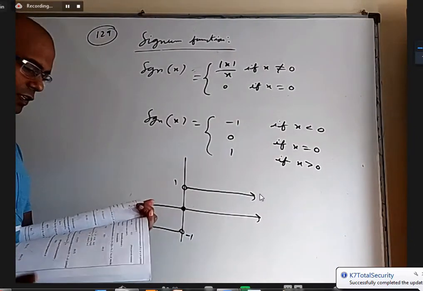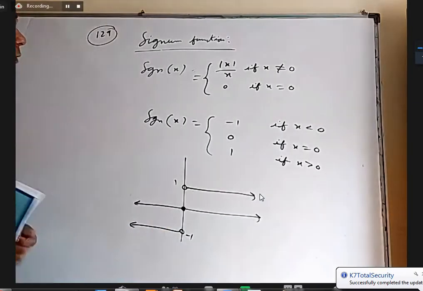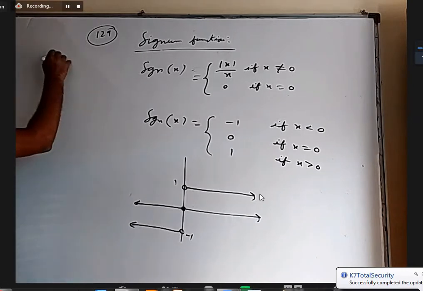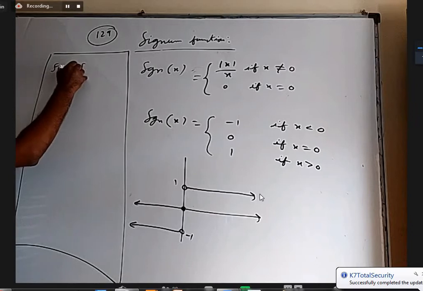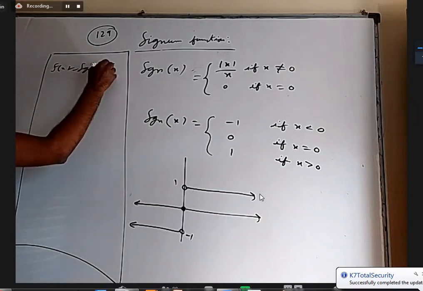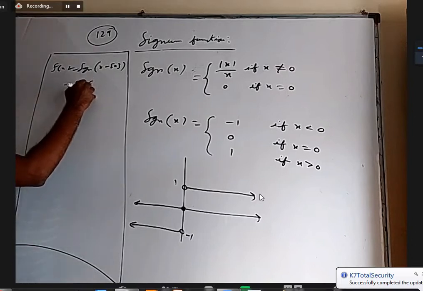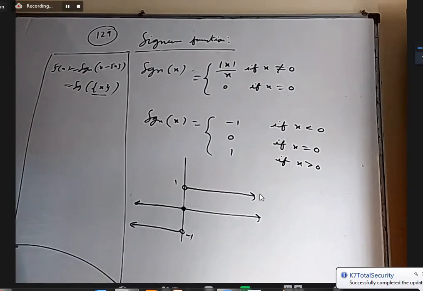Now here it is talking about the signum function of the fractional part of X. This is a general definition of the signum function. But coming to the present question, they want f of X equal to signum of X minus integer part of X. That is signum of fractional part of X. Always 1? No, fractional part of X has two things. It cannot be negative, but it can be 0 also, no? Yes, sir. So it has two parts now.